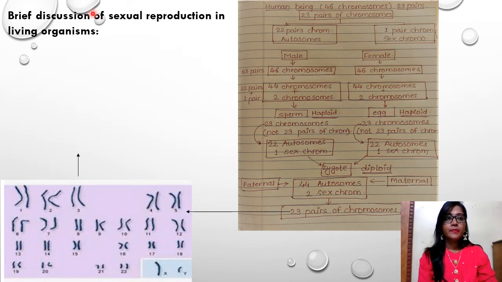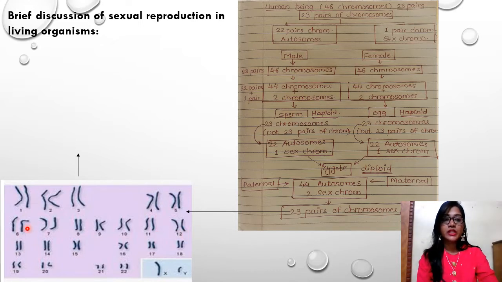So in short, when we discuss sexual reproduction in animals or in plants, there is fusion of gametes, and gametes are formed by the reductional division. So from a diploid cell, that is 2n number of cell, we get a haploid cell. The cell contains n number of chromosomes. When the male haploid cell and the female haploid cell get fused or fertilized, it forms a zygote, which is n plus n, that is 2n in number.